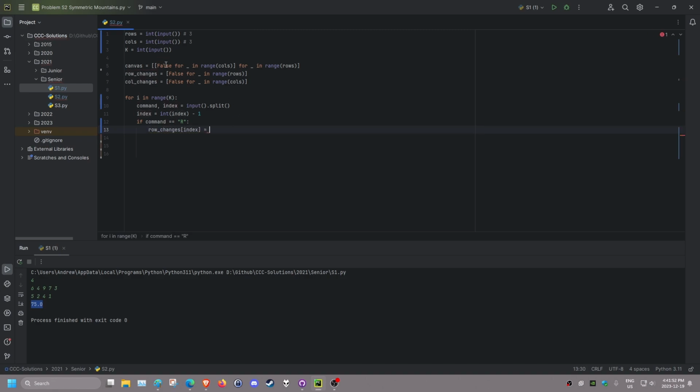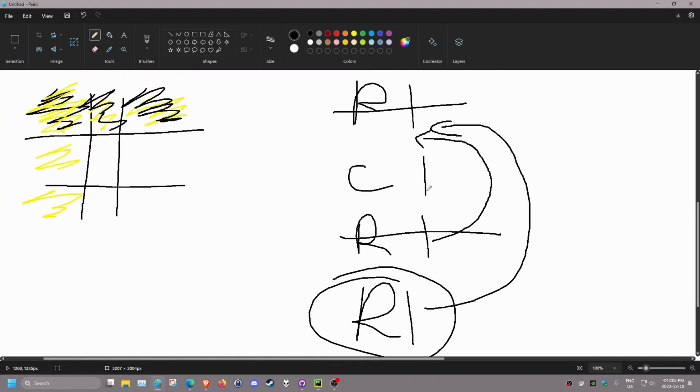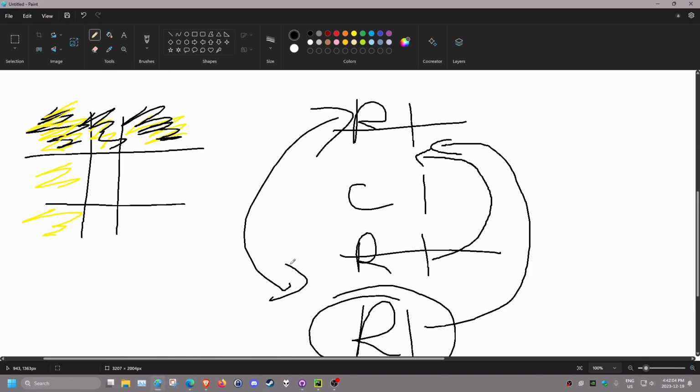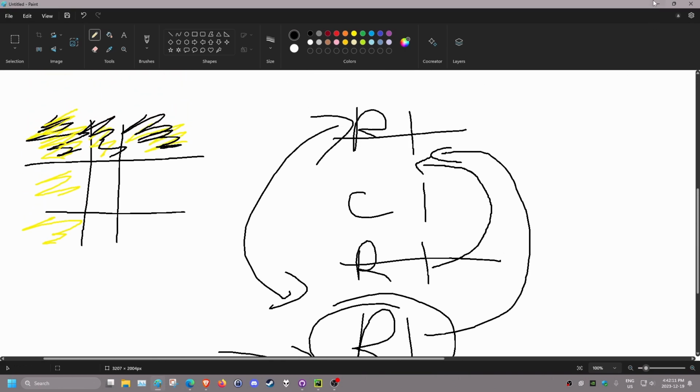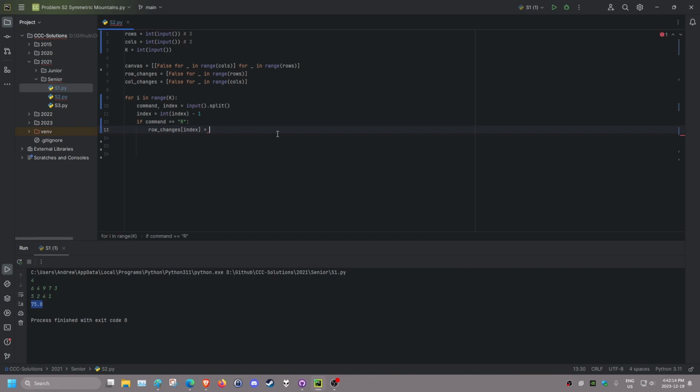The reason that we made this into a list is that for every row, we keep track of how many changes we made to it. There needs to be 2 of them, and if it's an even number, then we don't need to do anything. We're willing to do it once, right? We can actually keep track of this using our Boolean variables. So that's why we have this true or false thing here. False represents black, right? And then true, so basically if we make a command to this line, then we'll just do not row changes